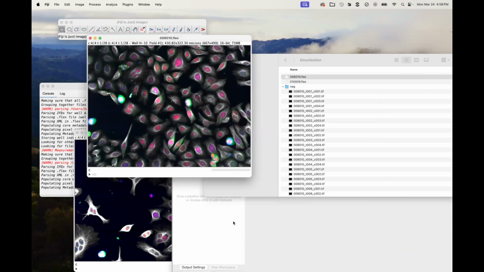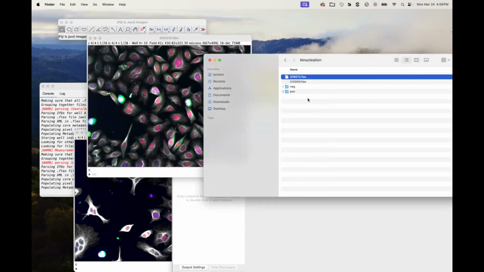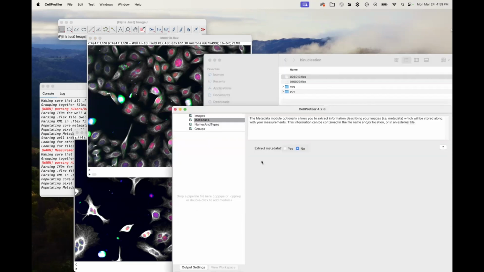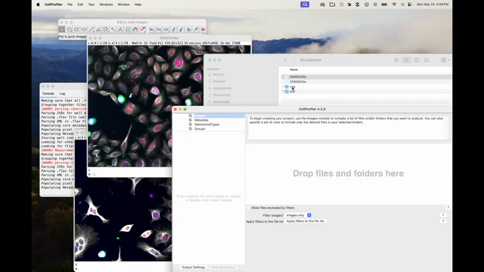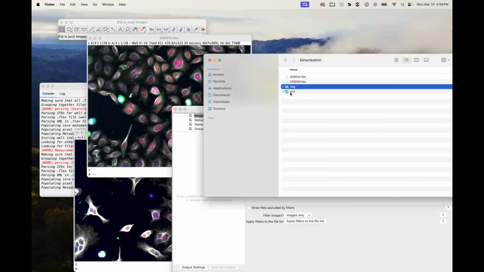Cool. So what happens when you want to put this data into Cell Profiler? So Cell Profiler, like I said, also uses bioformats. So it can actually open those .flex files. And it's pretty simple, but because it's often a little bit easier to do it with individual files, at least in walking you through how Cell Profiler lets you open data, I'm going to actually start from these individual TIFF files that we've made.